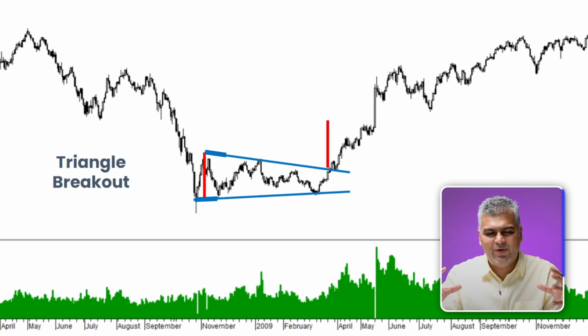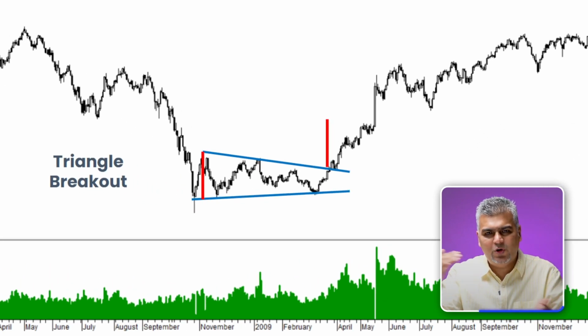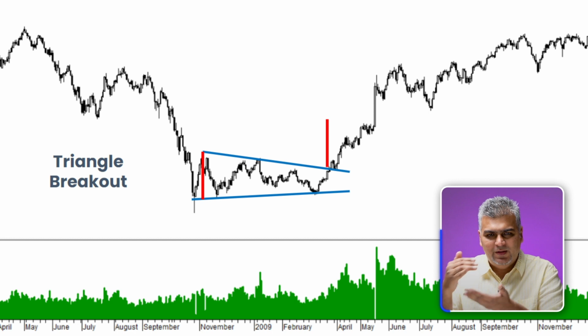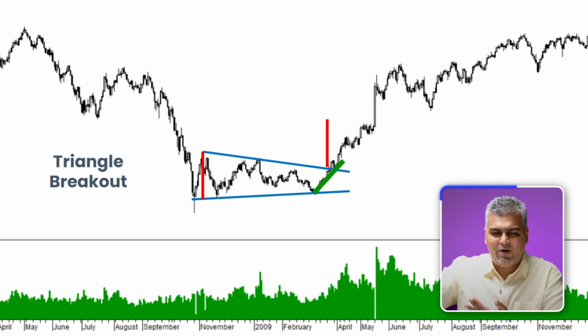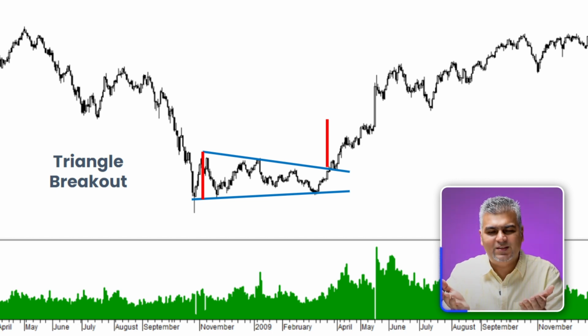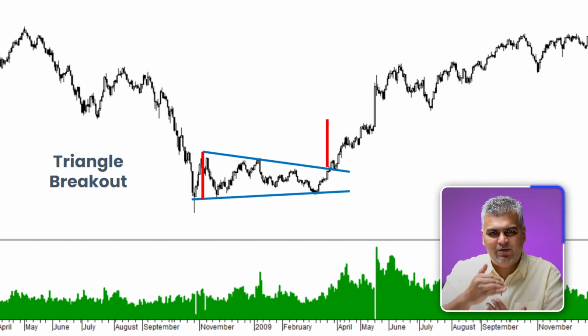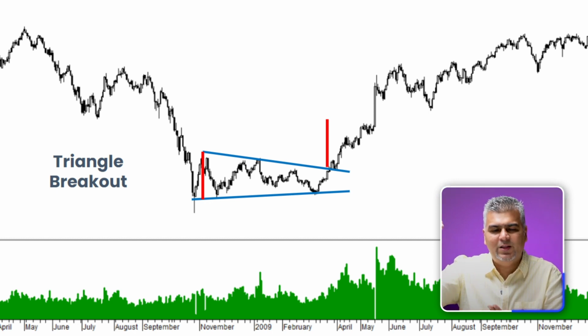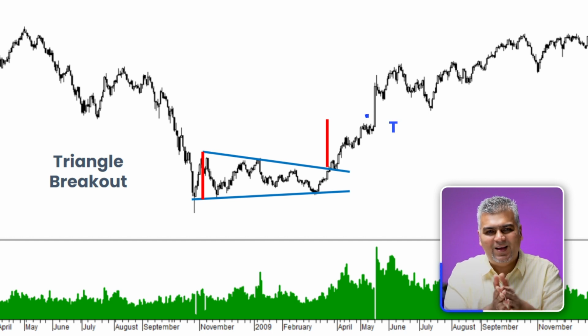Then it went into a sideways period, where it kept on contracting and contracting, as you see on the chart. Then it breaks out, the volumes pick up. That's your confirmation. And then you keep a stop loss somewhere at the moving averages or the recent lows. That gives you a stop loss which could be either price based or moving average based. And then you buy the breakout. The target would be the size of the triangle.